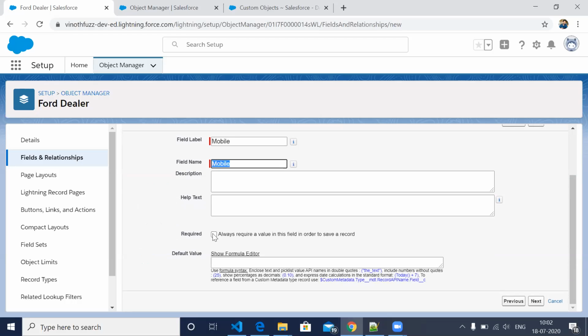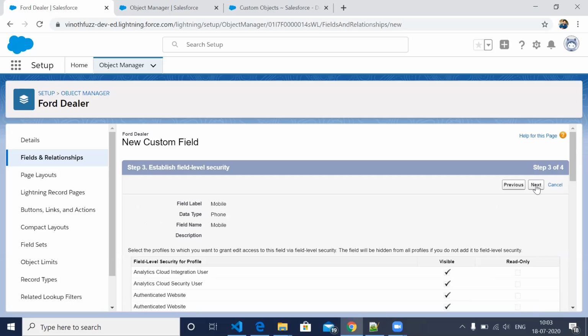If you want, you can make it required. This is also a required field here, so I'm just making this field required, and you need to enter this field. And the remaining I'm just giving.